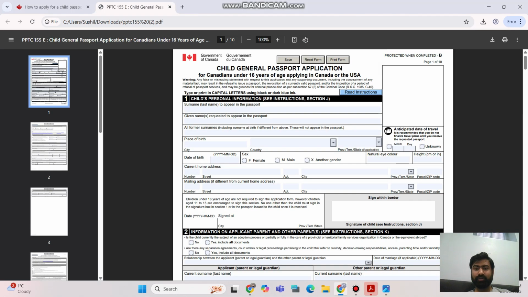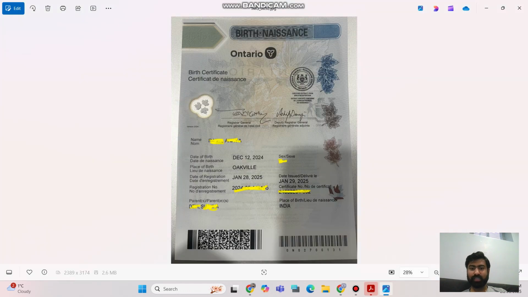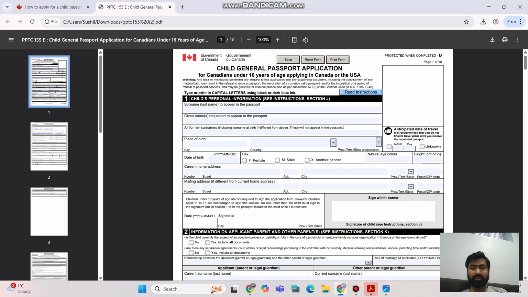Okay, we have the PDF form open. Let's see what we can fill up. The first section says child information, personal information, and the first row says surname to appear in the passport. You have to put the last name of the child. I have the birth certificate here of my child, and here it says the last name and the first name. Put the last name in here. Assume I can say ABC as the surname and first name as XYZ, and then you're gonna